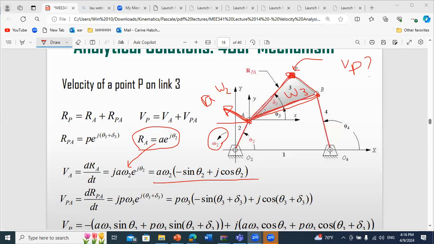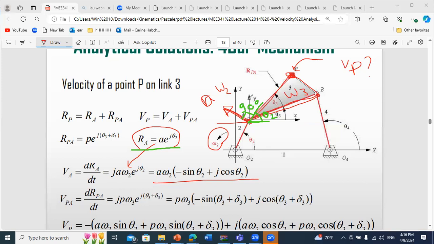So we said that to get vector VA, we can do it using the derivative of the position vector, or we can do it simply by saying that the angle between the horizontal and the position vector is theta 2, and we know that the velocity is perpendicular to the radius, so we should add 90 degrees here. This means that the angle between the velocity vector and the horizontal is theta 2